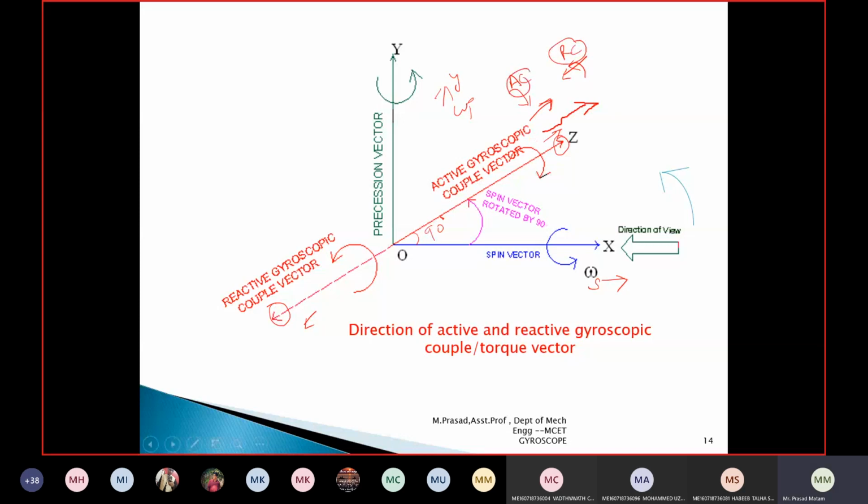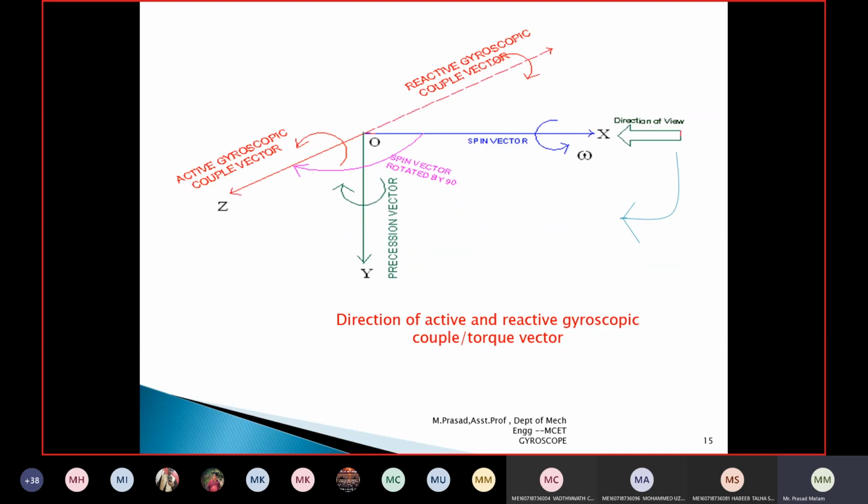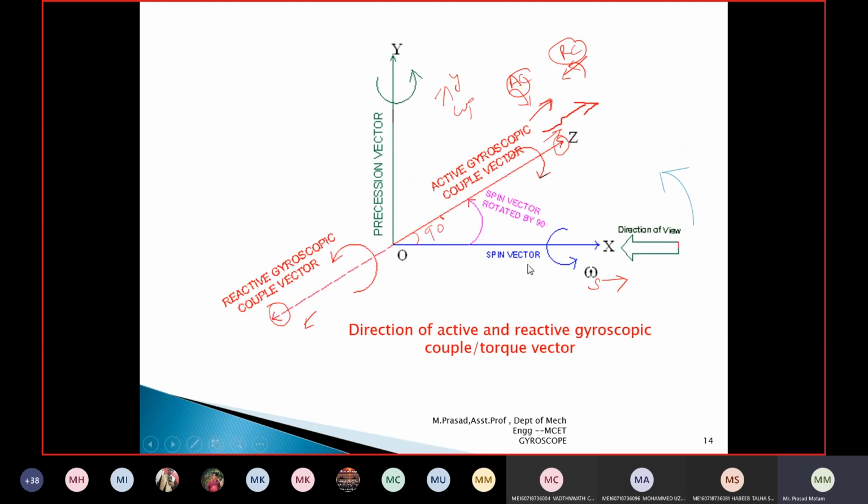What have I shown here? Okay, if this is clear, I will go to the next slide. Any doubts you have, you can raise now. Again, this depends upon the rotation. You can see here when the disk is rotated. Now from this end, when I am trying to rotate to the left hand side, this motion, the turn is to the left side.